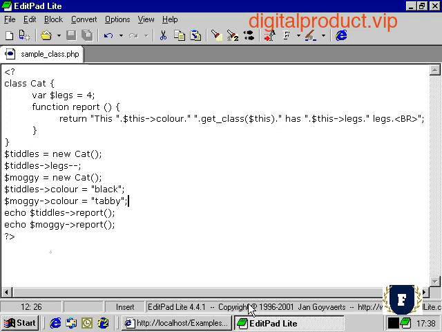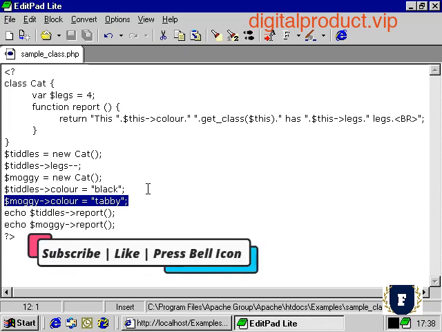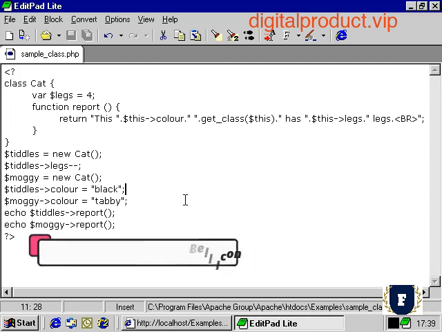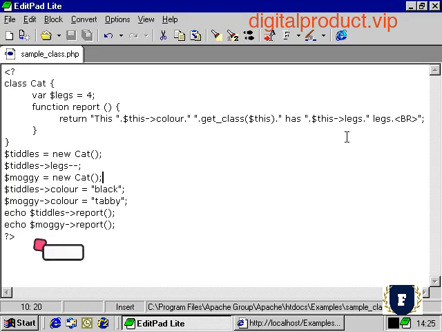However, we don't have very efficient code. We have these 2 lines, which are essentially repetitive apart from the string that we're feeding to the attribute. The way round this problem is to use a constructor function, and we're going to take a look at that